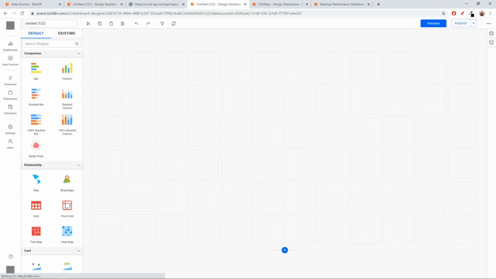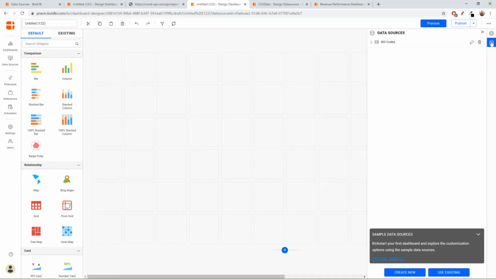Remember, if you want to use a parameter value from another data source, you need to include the data source within the dashboard. In case you end up building 2 or 3 data sources which are going to be parameters for the fourth data source, you need to add all the data sources that you're going to use within the dashboard. So we have the first data source in our dashboard here.